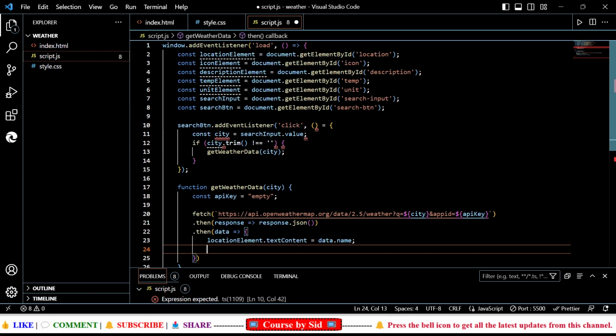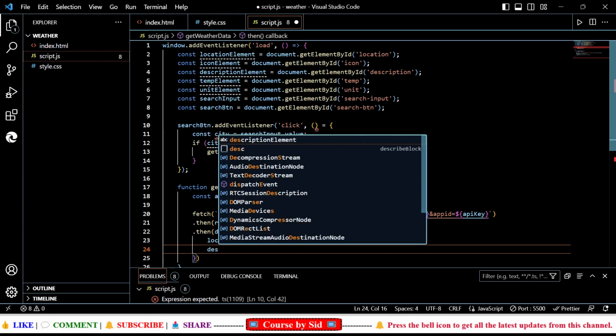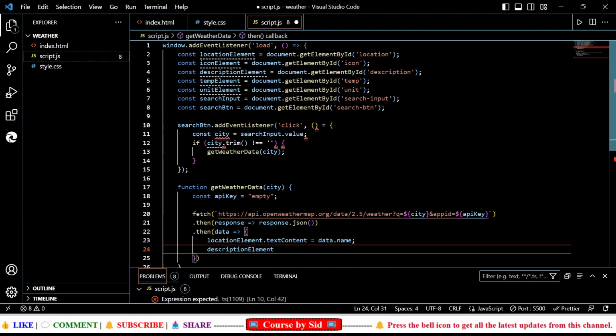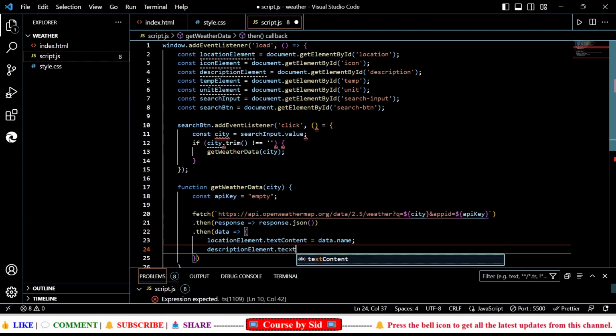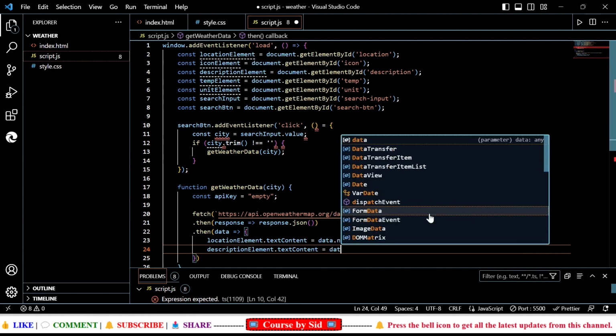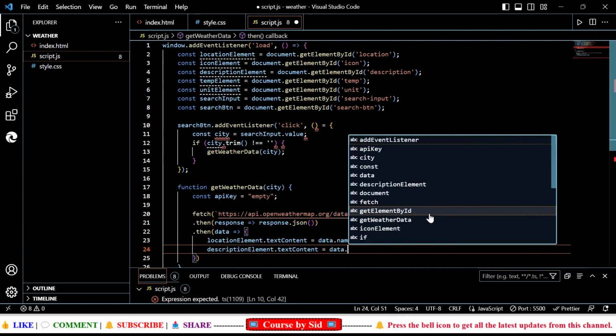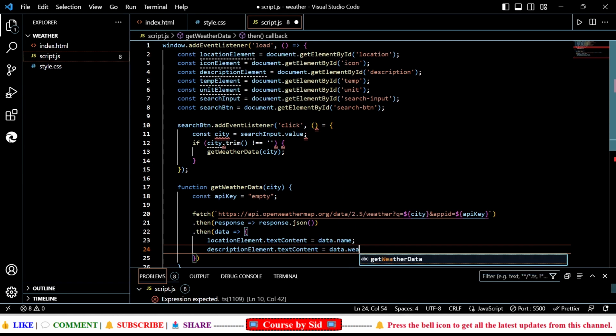and then I'll write description element dot text content, and this will be equated to data.weather at 0th position in the array dot description